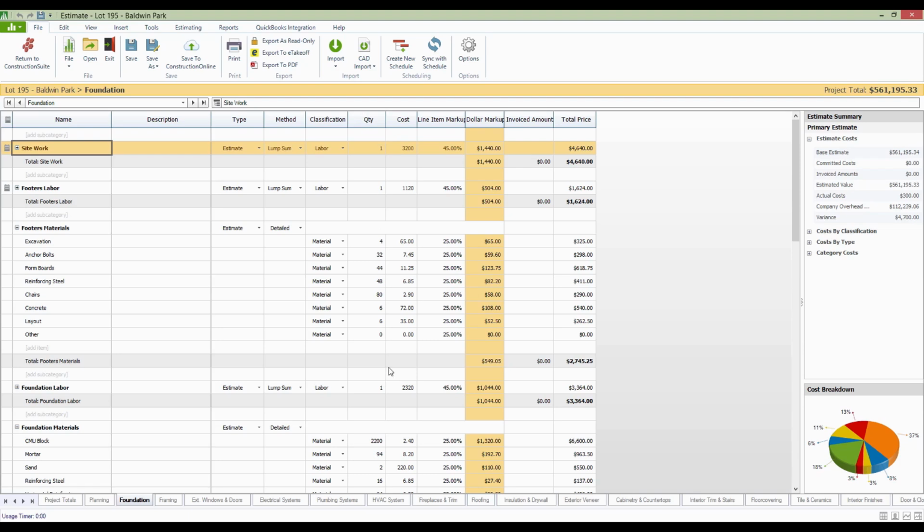Most of my quantities in here represent the number of units, of course, that we're going to be purchasing. The cost here is going to represent that unit cost, the cost for purchasing maybe 1 linear foot or per each item that we're going to be buying, or in the case of excavation, maybe cubic feet or something like that. I've also turned on some of the additional columns here for things like line item markups and dollar markups,